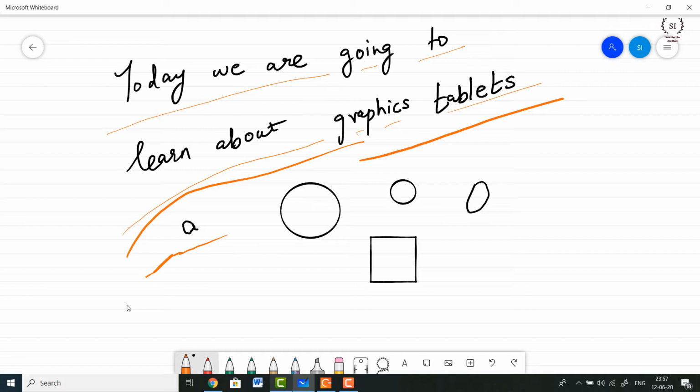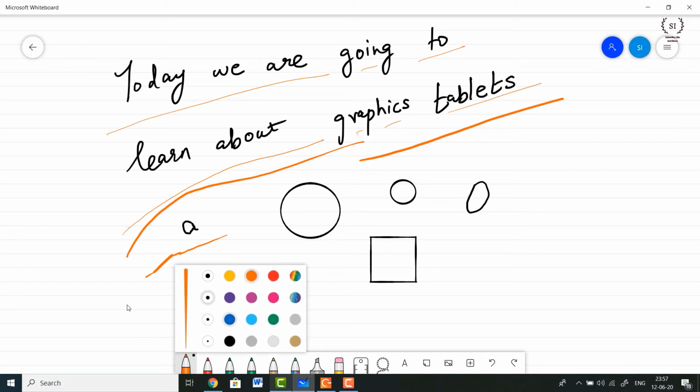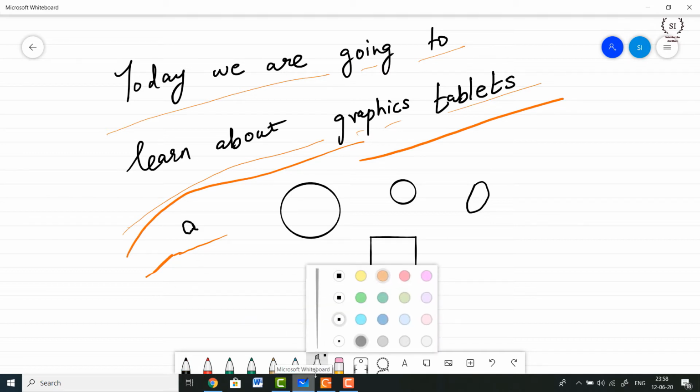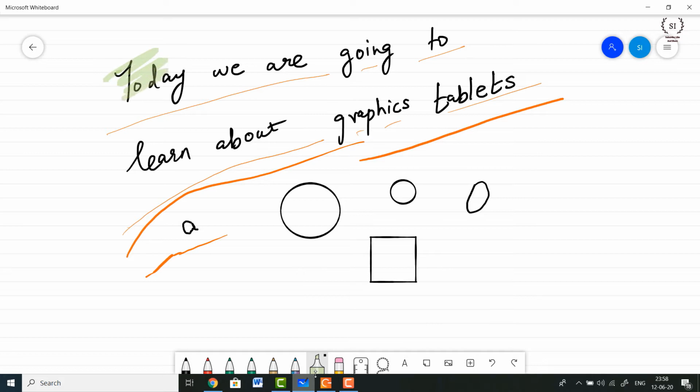Similarly, there are other pens available as well. For example, this red pen, this green pen. So basically these are the most frequently used pens which you can set over here. The most common one is the black one. Okay. Similarly, you can also use a black highlighter, or you can change the color of the highlighter also. Okay, so now if I wish to highlight this particular section, I can do so with the help of this pen, and it's really easy if you use a stylus.